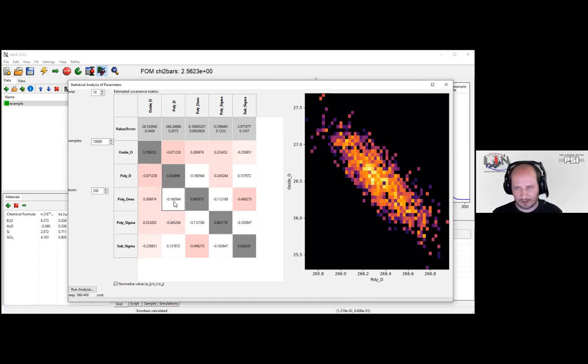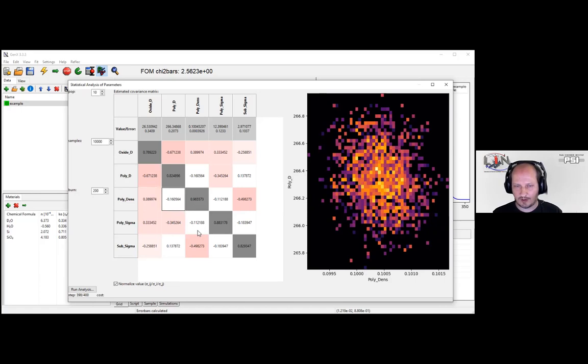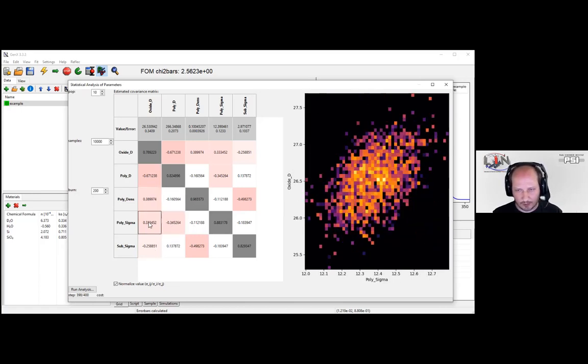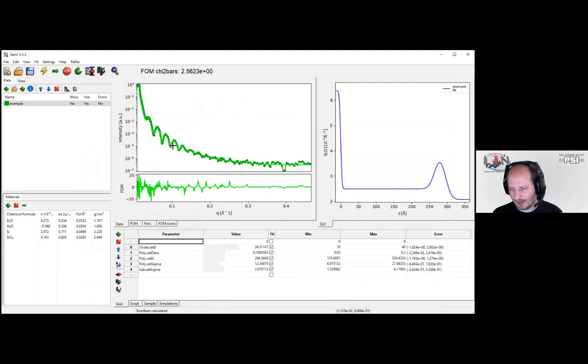And when you look at less correlated, you see it's a more circular kind of shape. And positively correlated, you get a bit of a positive diagonal. And at the top, you have the estimated error values and the central values that came out of the Markov chain Monte Carlo simulations. So now that we have that,